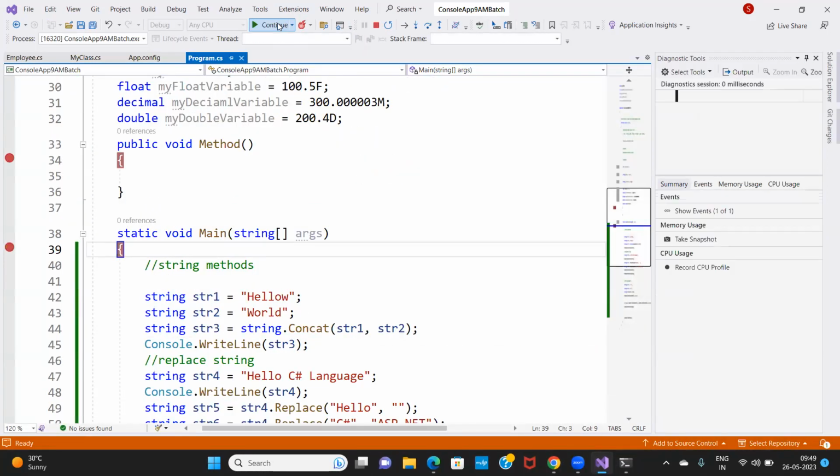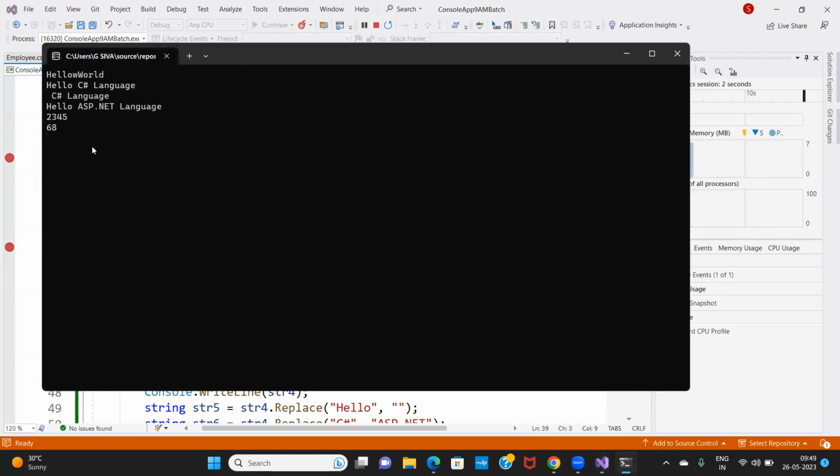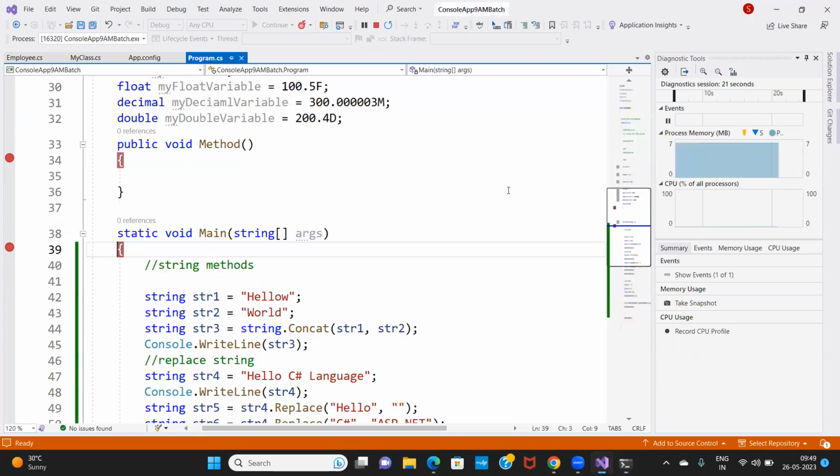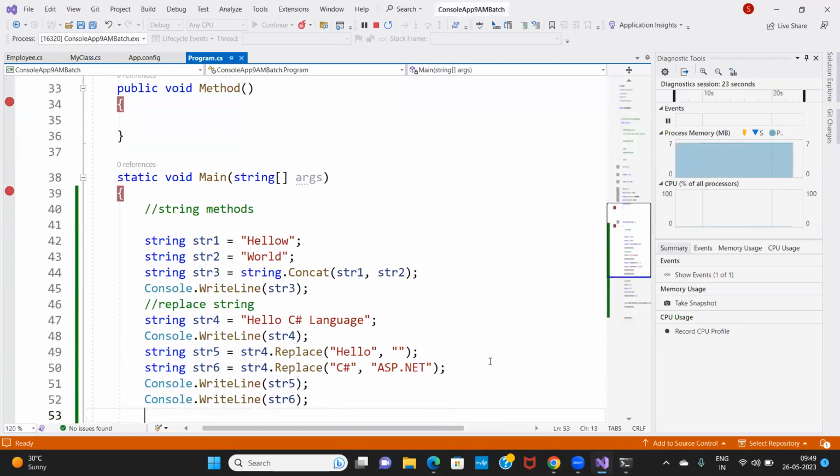Click on continue. Now see, the first time we used string concatenation. That is why it printed the exact numbers 23, 45. The second time I converted this string representation of a number into integer type with the help of the Convert.ToInt32